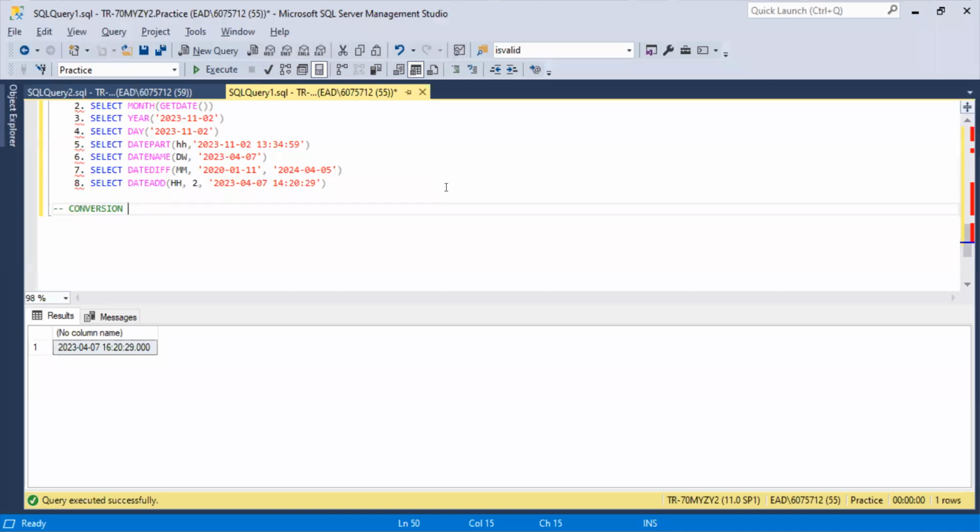Conversion. First one we have is cast. So what does cast do? Cast will convert